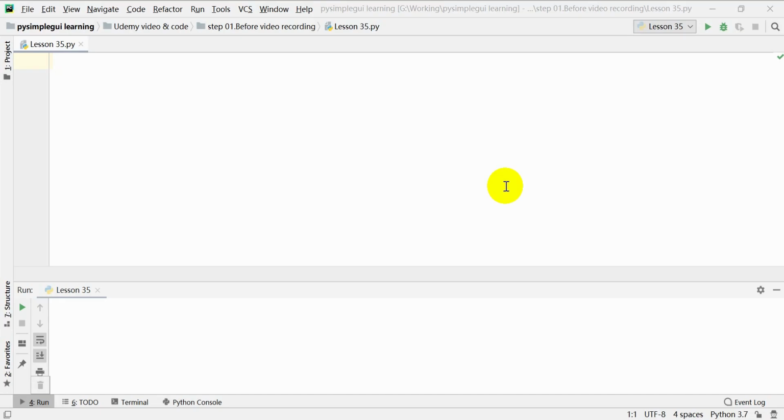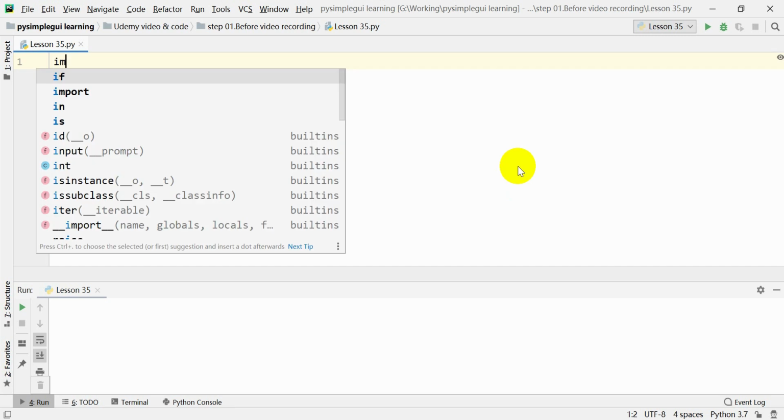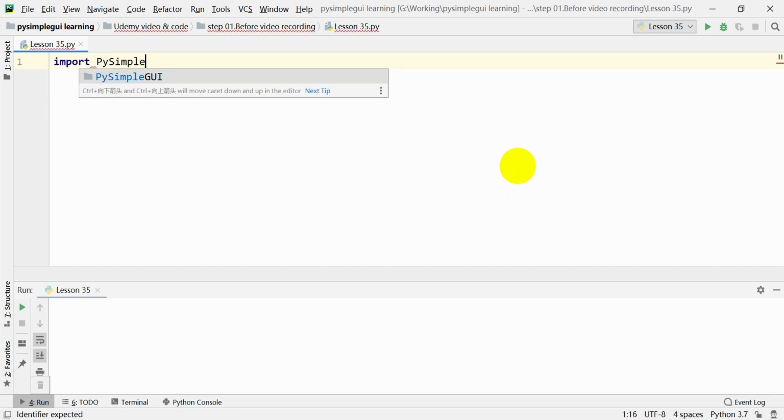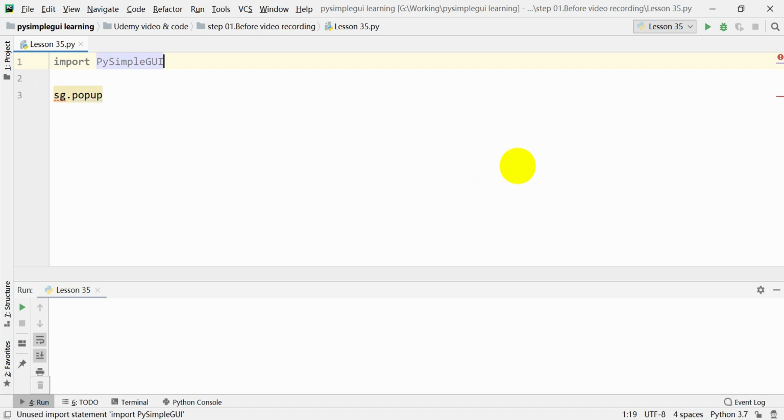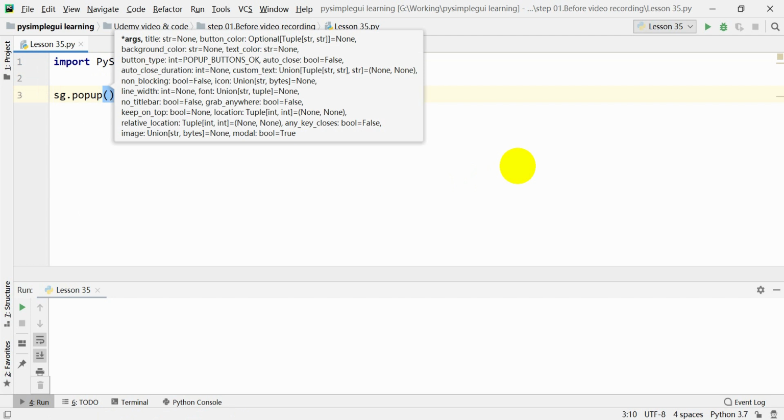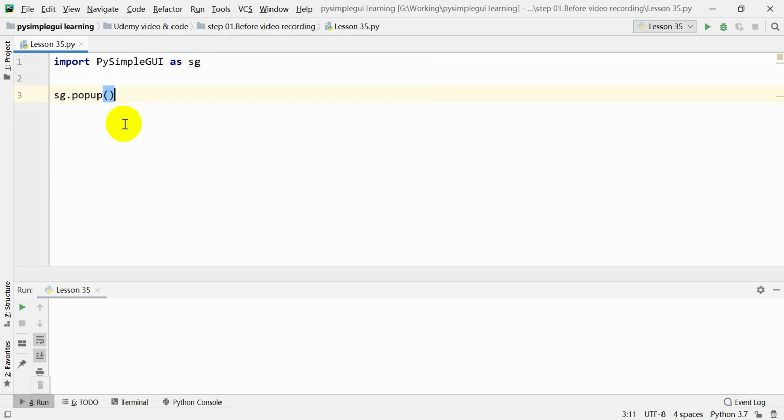Alright, so pop-ups are really simple. First we import PySimpleGUI, and then we just simply write the pop-up. Oh wait, don't forget as SG. And then we just simply write the pop-up. We don't need to make the layout or make the window or do the while True loop. You don't need to do any of that. You just write sg.popup and then write what you want inside. Say, this is a pop-up,